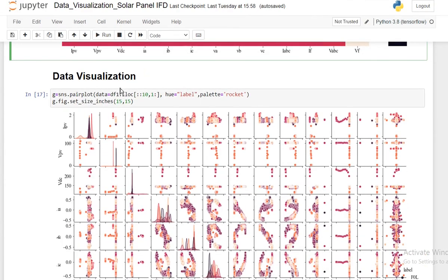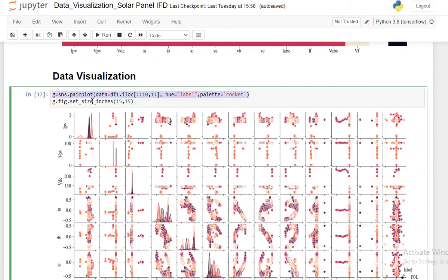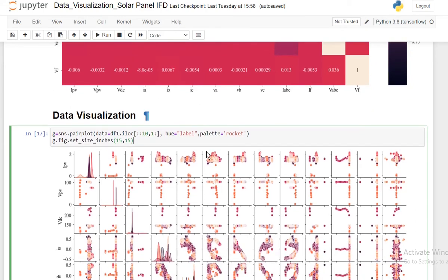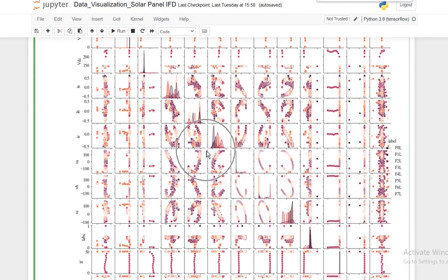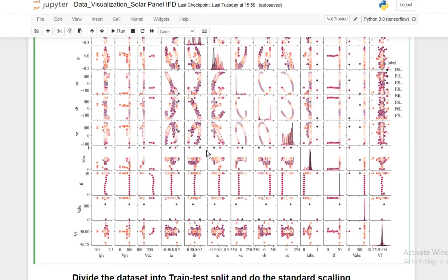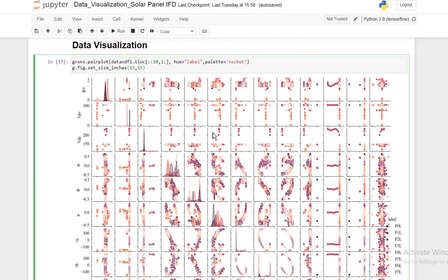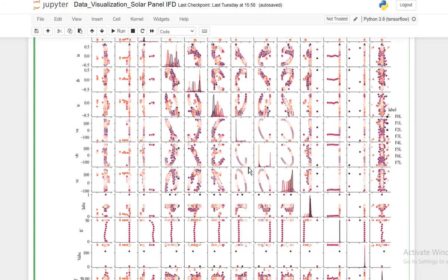So in the next step, data visualization, we'll do a pair plot. In the pair plot, we'll see the plot of each fault type for every feature available in our input set. So this is a huge pair plot. But it is very hard to see any kind of pattern.